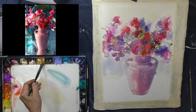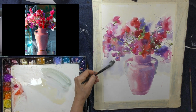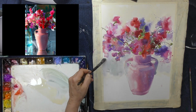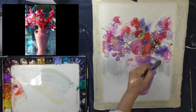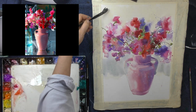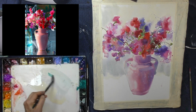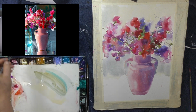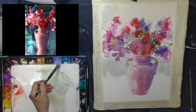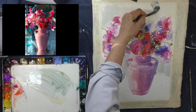A teeny bit of the turquoise, again, right into that same mixture. So it's a little bit of a greenish color, smoky green, which plays almost like a little minty green, plays nicely with the pinks and the reds and the purples. And a little lavender into that mixture. So it's a very delicate background,